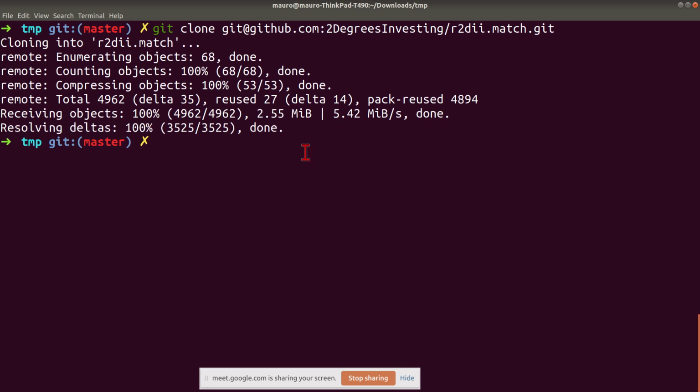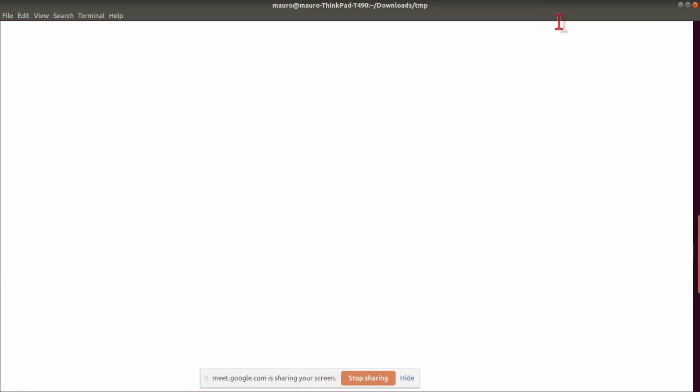So I had just cloned this repository from this address. How to interpret this address in the HTTPS protocol might be a little easier, so I'm going to explain this one here because it's a bit less natural. Basically, as you can see here, you recognize the owner account, in this case the organization 2 Degrees Investing. If you are cloning something from your own account, you could have your user name there. And then here is the name of the repository, ending in .git. And basically, this is a connection between a remote